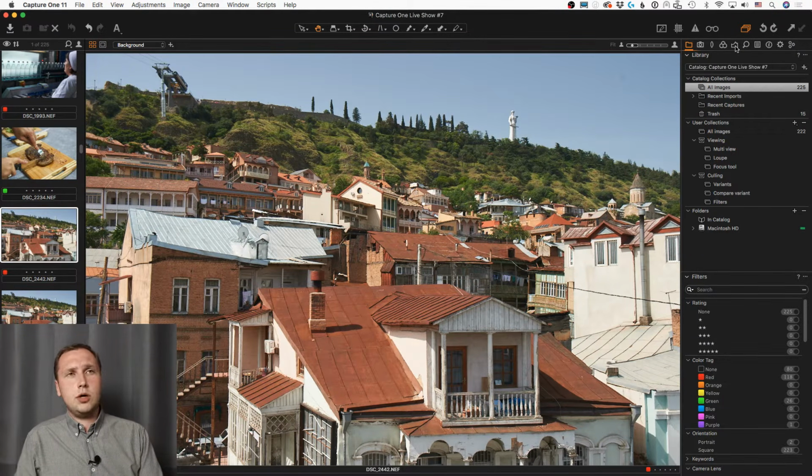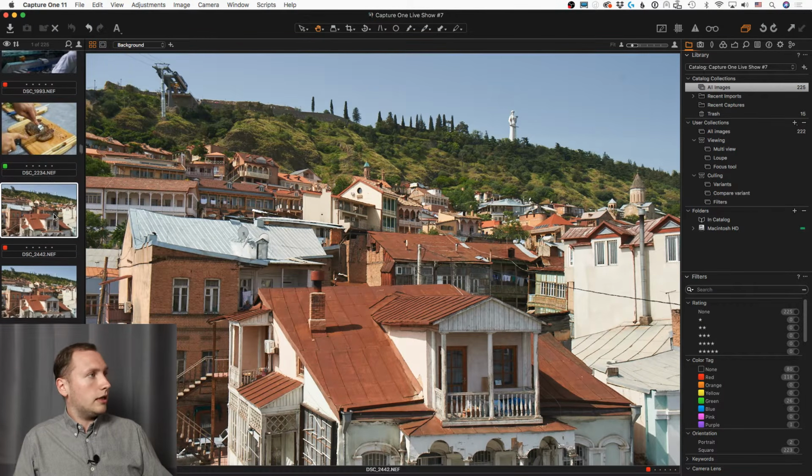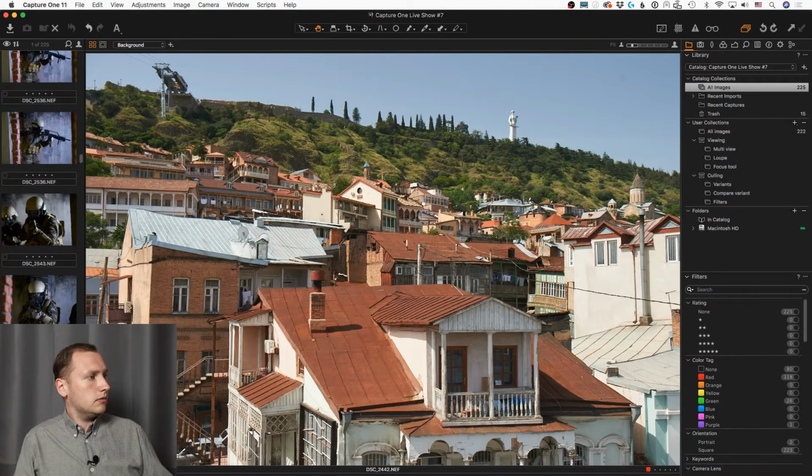In Capture One you might find lots of absolutely amazing tools. Let's start with a very basic, very simple thing which you just have to know to work properly in Capture One. You see this white border around the image I have selected. That border shows me that this particular image is my primary selected variant. If I hold the Shift key and select some other images like this,